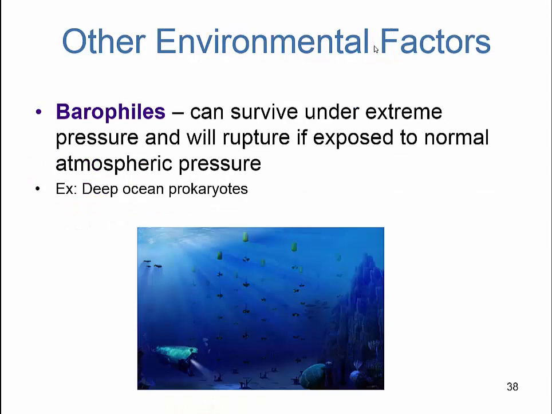Is that of a barophile. A barophile is a microbe that's going to live in the deep dwellings of the ocean, and it does so because of the high atmospheric pressure. Reflect on this briefly. If you've ever dove to the bottom of a pool and you feel the pressure along your head, or you feel your ears and the additional pressure, that's because of the barometric pressure underneath water. Deep ocean prokaryotes can withstand this much higher pressure, but as those deep prokaryotes move to the surface, their cell walls are not adapted to atmospheric pressure, and in turn they rupture.